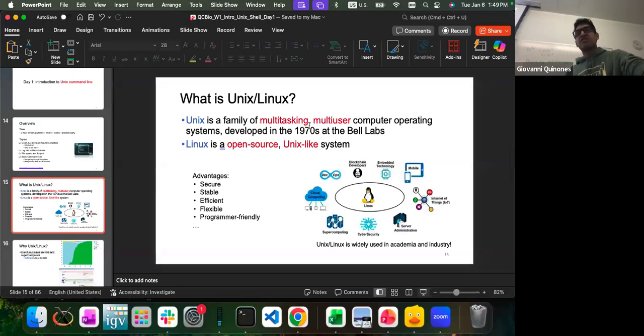Unix, when it was created, was not open source, but Linux is now an open source operating system. Now, what does it mean to be open source? It means that the code of the operating system is publicly available, so anybody can see how it operates, and anybody can also contribute.